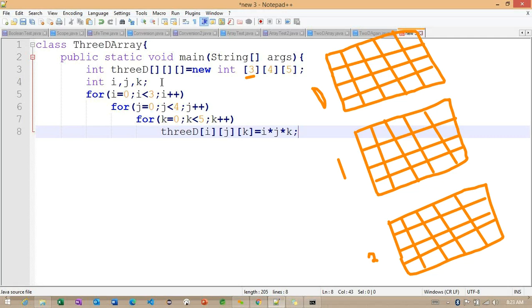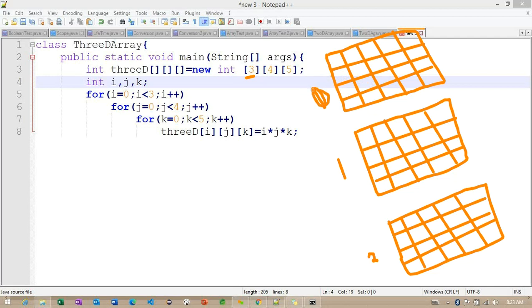Can you explain these tables again? What is i, j, k in it? You have made 3 tables. See, i is pointing to these values: the i value will point to 0, 1, 2, and j will point to 0, 1, 2, 3.